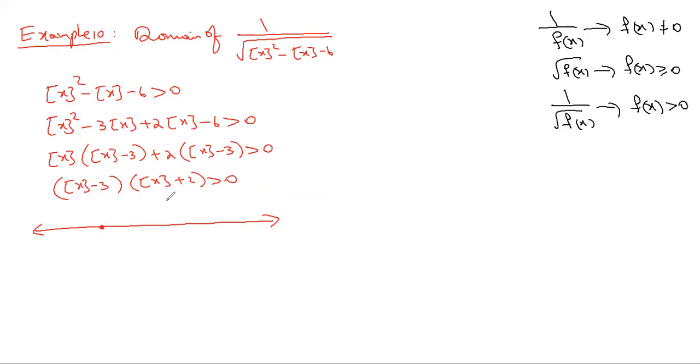First, zeros of these linear polynomials, the -2 and then 3. See, for the integral part of x the whole square, the coefficient is positive. So you start with the positive plus sign rightmost, because the powers are all integers. You write alternate plus minus, minus plus. So you get the integral part of x belongs to, the product you need positive. So minus infinity to open or close, that you need to see properly, because it's strictly greater than, you get open interval -2 union 3 to infinity.